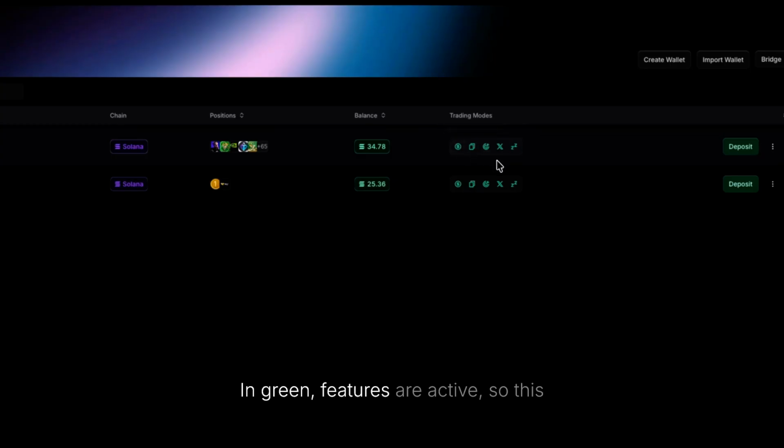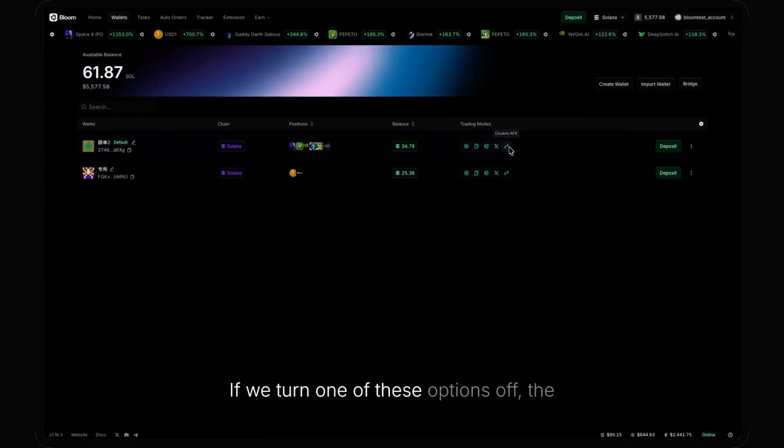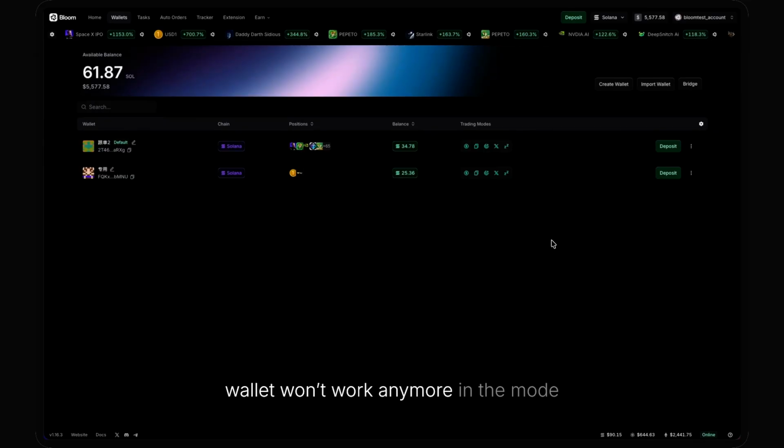In green, features are active, so this wallet can be used for spot, for copy, for sniper, for Twitter, and for AFK mode. If we turn one of these options off, the wallet won't work anymore in the mode that